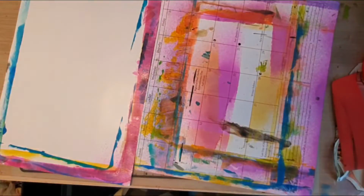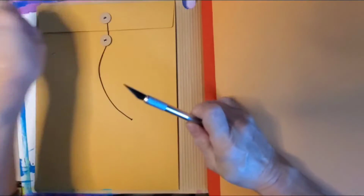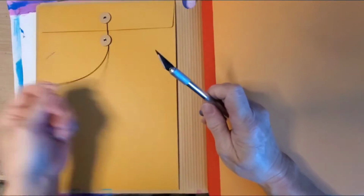Okay. So, let's just go ahead and turn it over. It seems to be dry enough for what I'm going to do. Okay, so I usually take my X-Acto knife. And that there is stuck on there. Okay, and